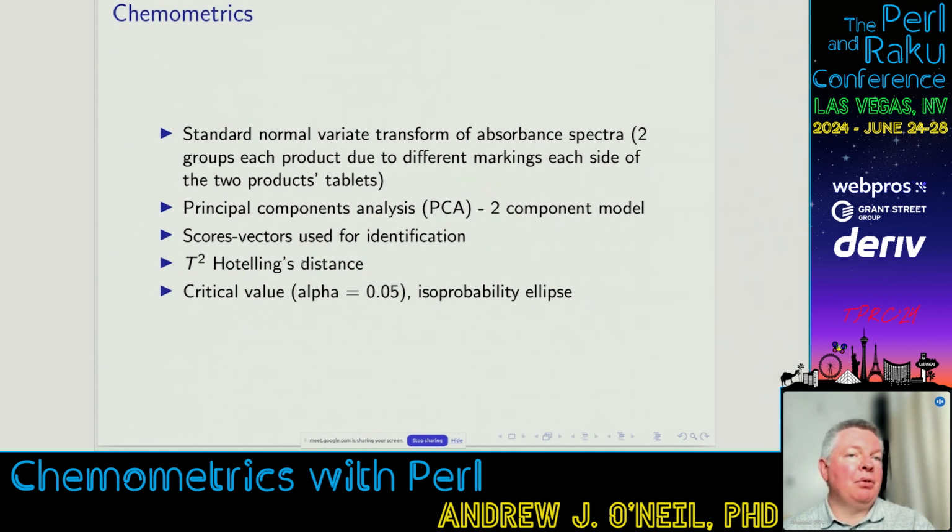Typically, it will measure the distance for scores vectors, which are points in that reduced dimensional space, that encompasses 95% of the